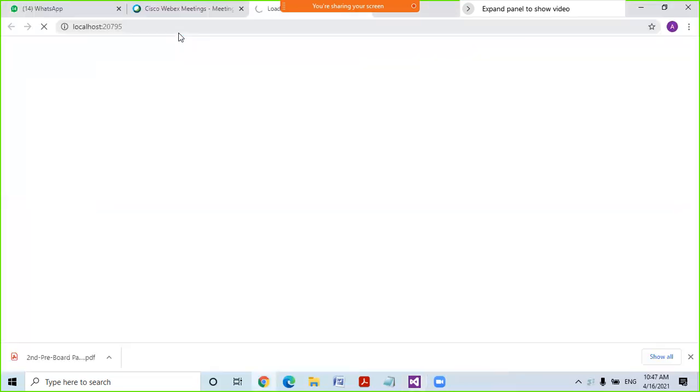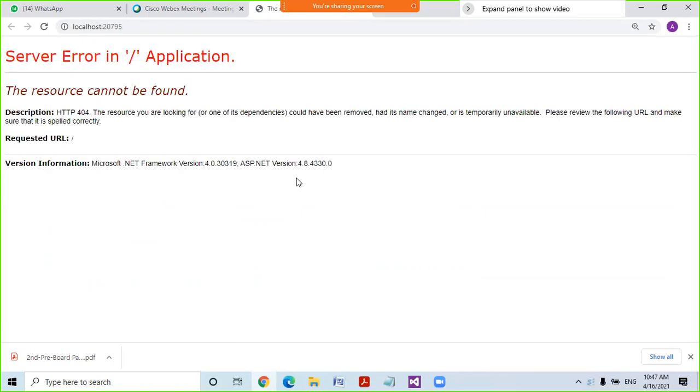Expected errors. It is processing. Okay, see. The default controller name in MVC is home and the default view name is index.